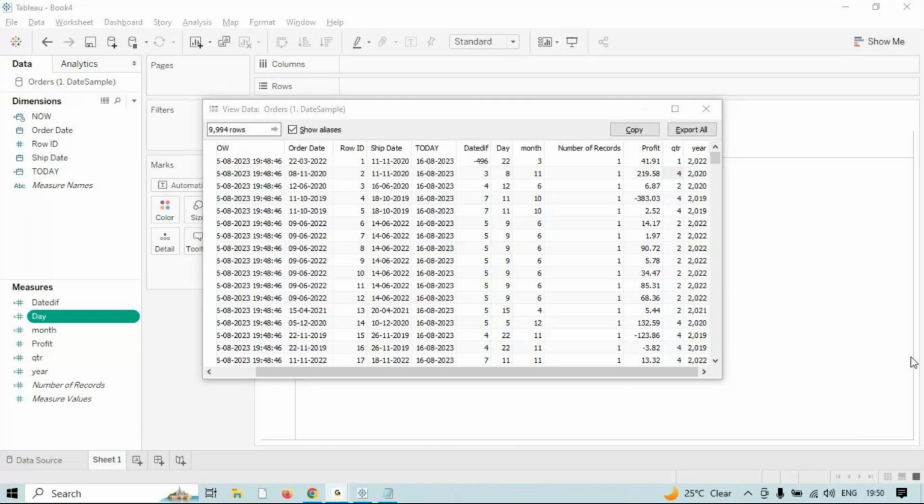Understood? Okay. So next, remaining three functions you'll see: